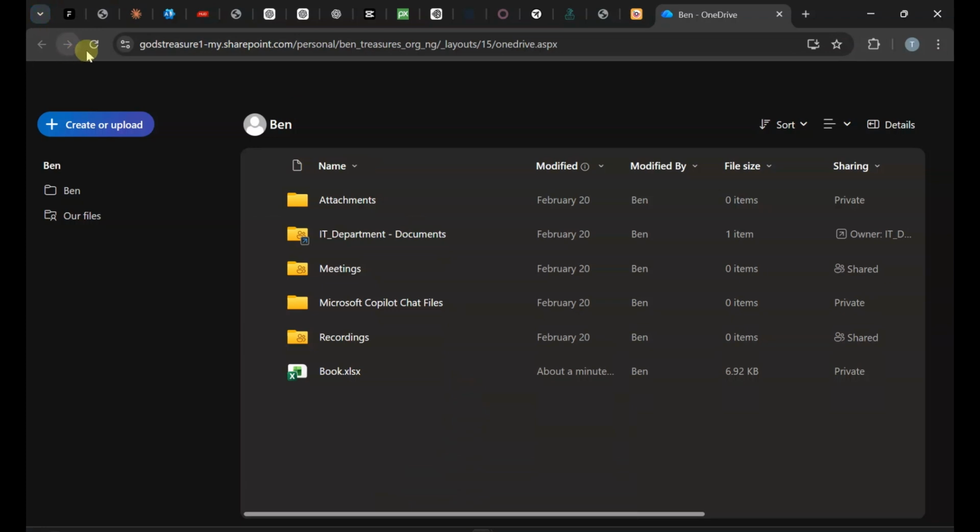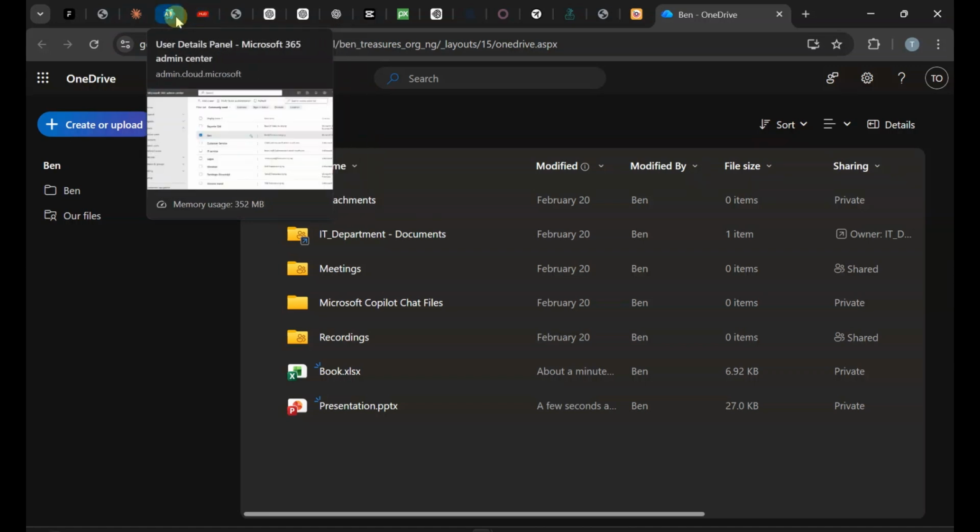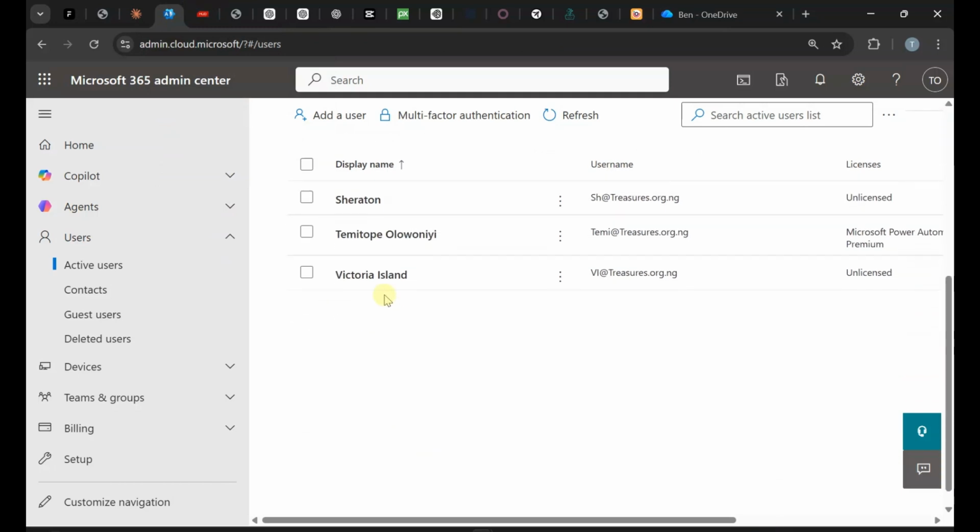Also, this could work for audit purposes. Maybe you suspect that someone in your organization is doing some shady deals and you don't want the organization to know that an investigation is going on. I'm just saying all this should be done in an urgent situation or crisis, something like that, but not really for you to just call and say, oh, I want to see what is going on with this person,